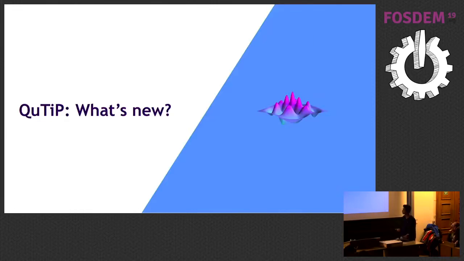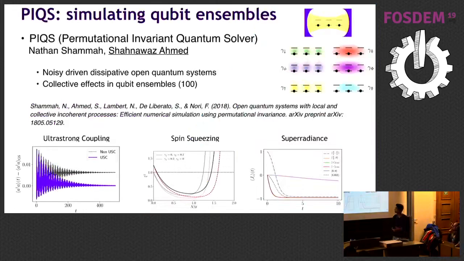So what's new in QuTiP? PIQS, permutational invariant quantum solver. So this theory was being developed by Nathan Shammah when I was at RIKEN. And I came into the whole QuTiP picture because of this project. So the theory was being developed, and then there were some problems with QuTiP and simulations. And because I was someone who was like, you know, an open source enthusiast, I asked him, oh, why don't you open source this code? And for him, it was not easy to bridge this gap. So I was like, okay, I can help with it. So we had this exchange. So I learned the physics, and he learns the code.